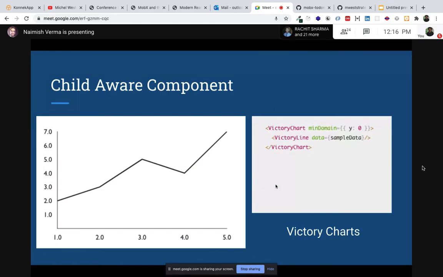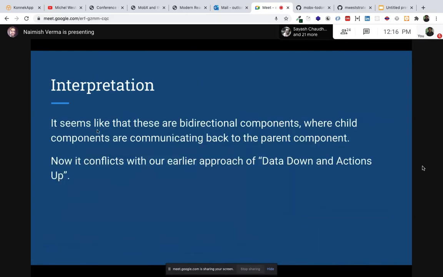But have you ever wondered where this information is provided to the component? Like the maximum limit on the y-axis will be 7, the maximum limit on the x-axis will be 7, what will be the interval? You can see that there is no such information provided to VictoryChart. So what interpretation we can derive is that here is a bidirectional communication, like the child components are communicating back